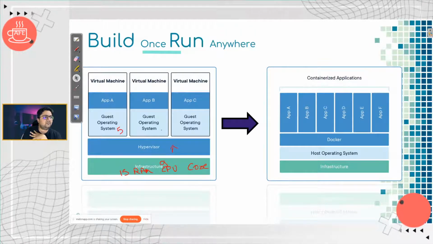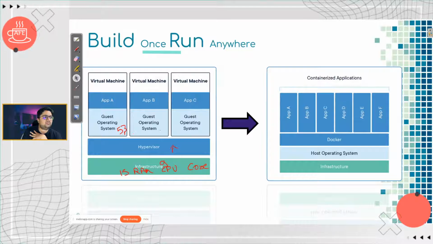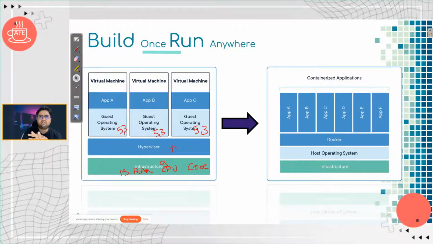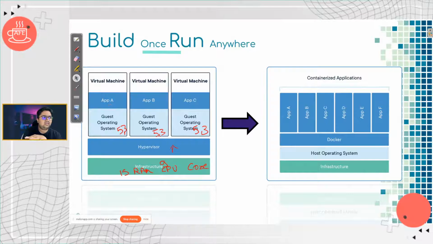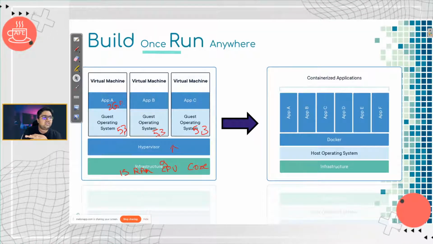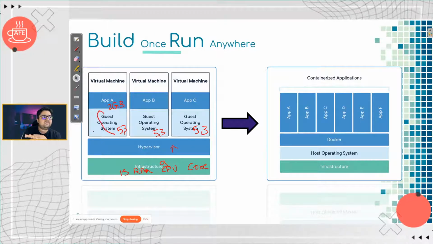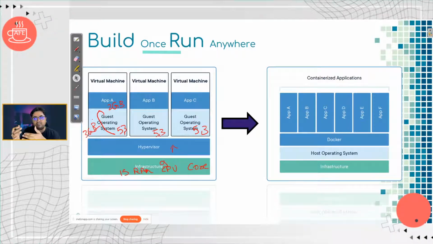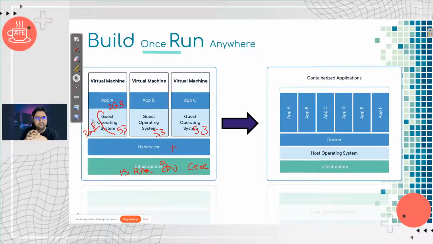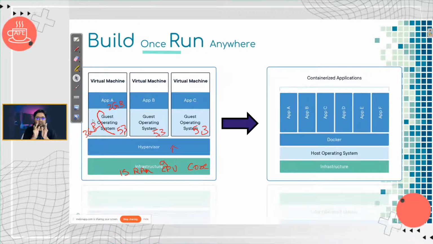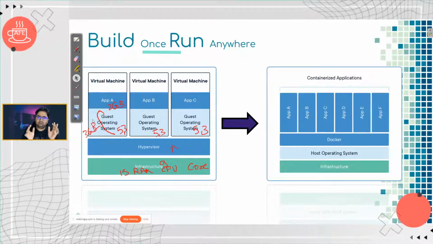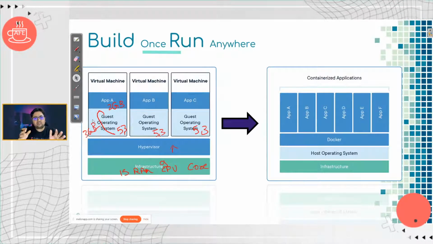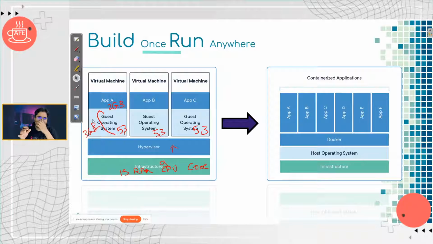I'm going to give 5 GB and 3 cores to each of them. And that's fixed; you're not going to change it. So if your app A needs only 2 GB, you still have given 5 GB, so 3 GB is wasted in a virtual machine kind of setting where you have deployed on a virtual machine. And virtual machines are not that elastic. I mean, there are some dynamic constructs coming in there, but they are not as elastic as you probably need from